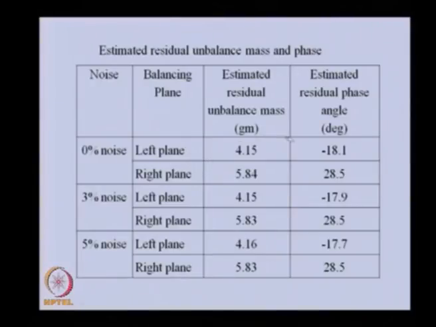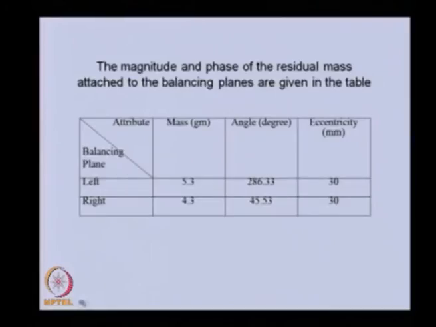So, basically this is the effective correction mass we are obtaining, not only for the concentrated residual mass but also for the distributed residual mass over the length of the shaft, and similar values are consistently there even at the higher value of noise. Now, this is the concentrated one, but apart from this we will be having a distributed one, but the value of that is less. So, they are deviating around this only.